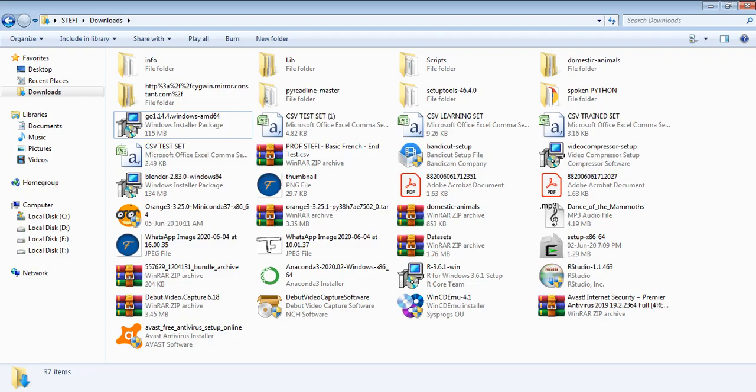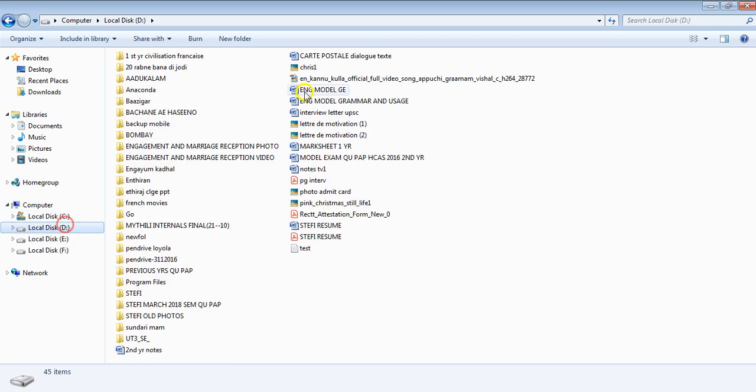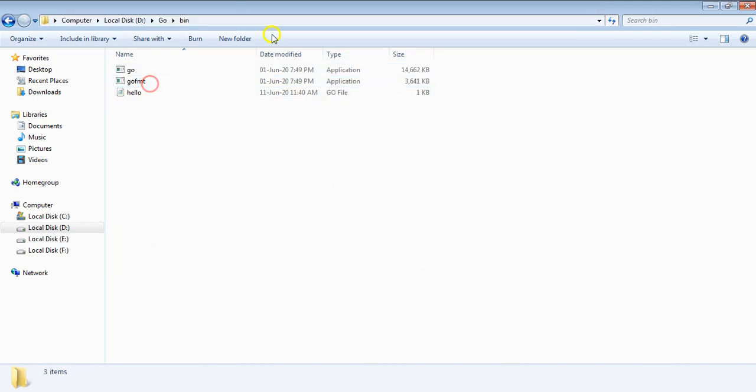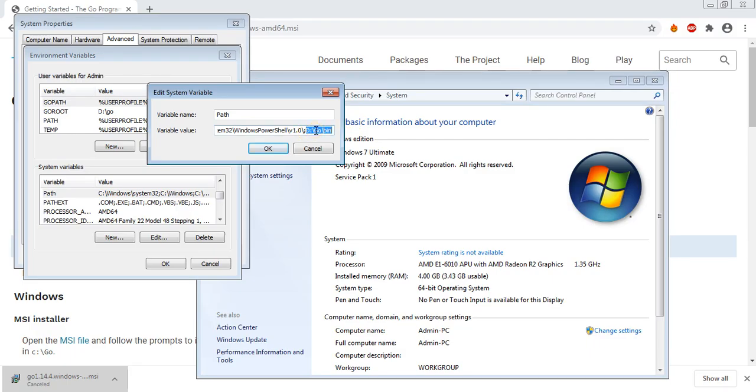I'll show you where the location is. This is where I've installed Go here, so it's Go, and the bin is going to be here. So all that I need to do is copy this location and paste it over here as the variable value. Once you're done with it, you click OK.